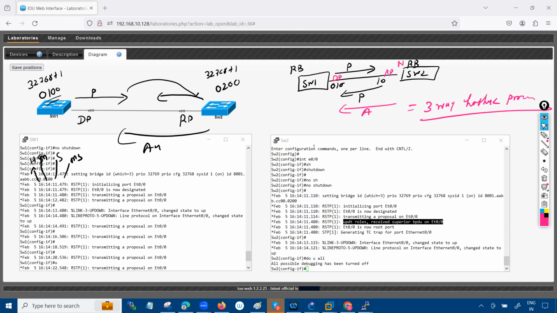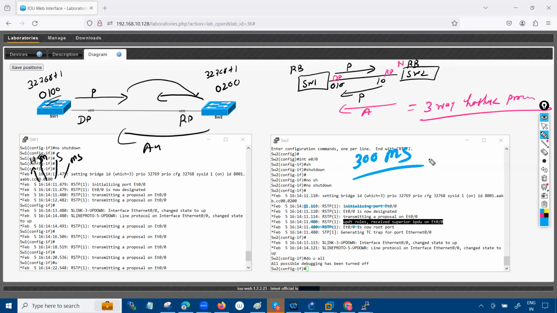So all this process has been done in just 1 second. Can you see that? They started the process. If you see the timer right now, which is not possible in the PVST protocol. See, the timer is at 11 seconds. I initialized this port at the 11th second, and at 110 milliseconds, at 480 milliseconds, what happened? I'm updating my roles, and I'm saying that my port is a root port. So in just 300 milliseconds,